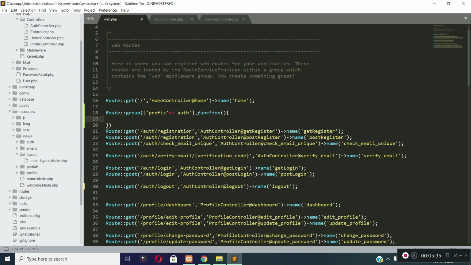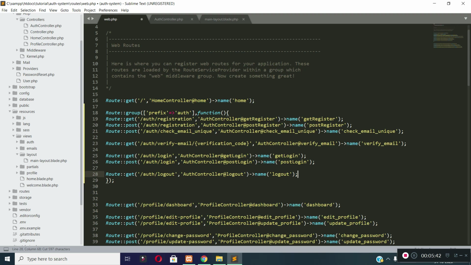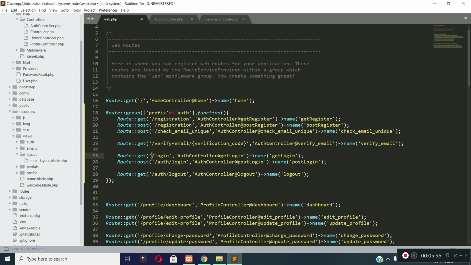And then I will put all of these routes under this route group, and because this route group has prefix auth, we do not need to pass auth to every route URL under this route group. I think you understand how we can create route groups and for what we create route groups in Laravel.